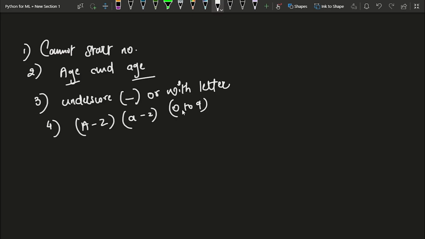Between the variable name you can use numbers, but at the start of it you can't. For example, 8num is not allowed. But if you use num8, this is totally allowed. You can also start with underscore num, which is also allowed, or you can use num underscore 8, which is also allowed.